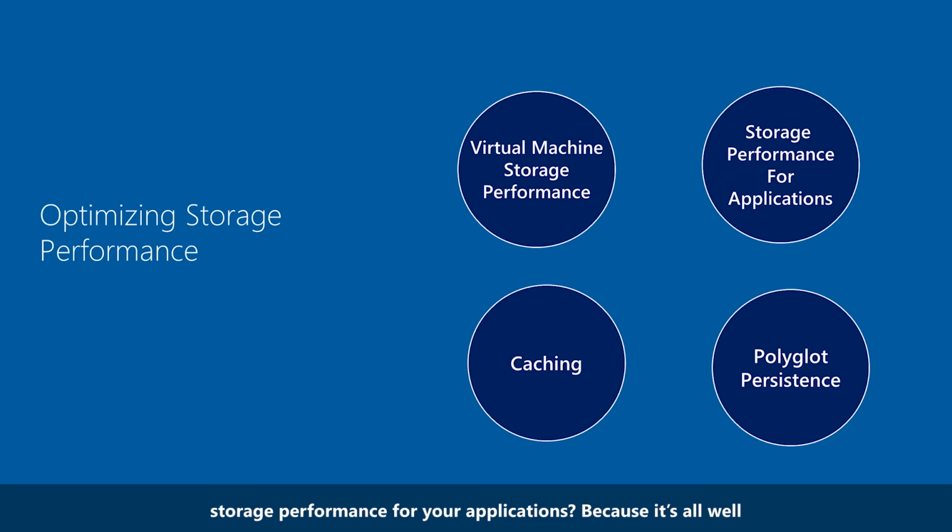And what about the storage performance for your applications? Because it's all well and good considering it for your databases, but if you're not doing it for your applications as well, you're only as strong as your weakest link, so you might use a CDN there. But there's also something called polyglot persistence, which is basically a term that refers to a hybrid approach to different data platform storage mechanisms for maybe storing your hot data versus your cold data and being able to switch between them. And you'll build that into your architecture design to optimize the storage performance that you have.